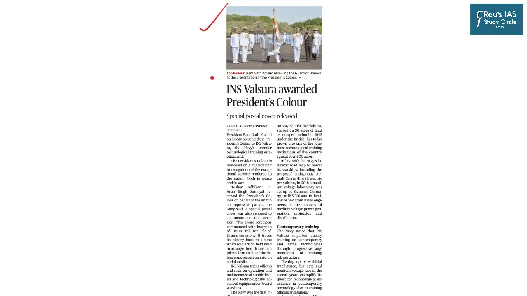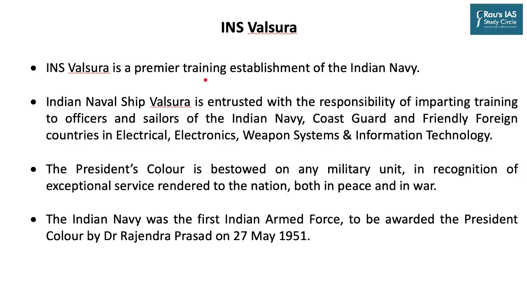INS-Valsura awarded President's Color. INS-Valsura is a premier training establishment of the Indian Navy. It is entrusted with the responsibility of imparting training to officers and sailors of the Indian Navy, Coast Guard, and friendly foreign countries in electrical, electronics, weapon systems, and information technology. The President's Color is bestowed on any military unit in recognition of the exceptional service rendered to the nation both during the time of peace as well as in war. The Indian Navy was the first Indian armed force to be awarded the President's Color by President Rajendra Prasad